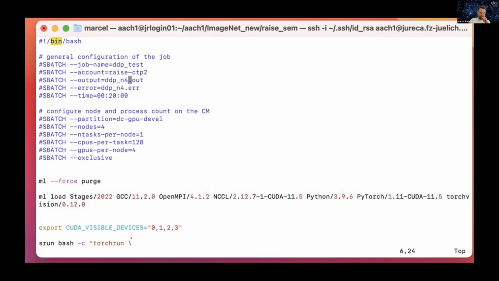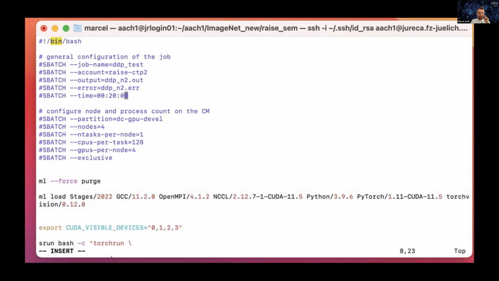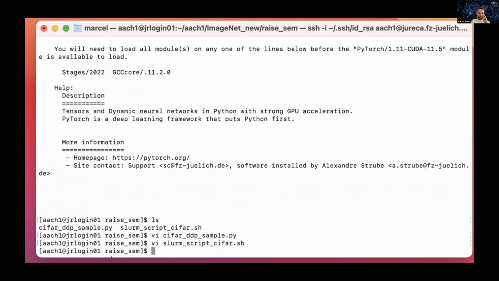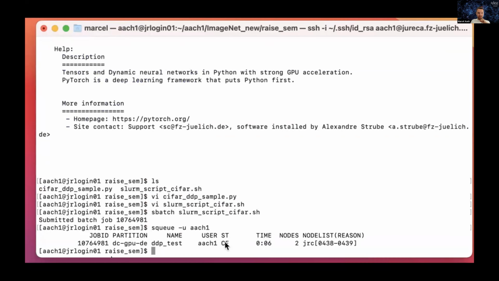So now we are doing a small scaling test. First I set the number of nodes I want to run this on to 2. So we specify we want to use 2 nodes. Then we use the sbatch command to submit the job. And then with sq -u and your user identification, I can check the current status of my job.